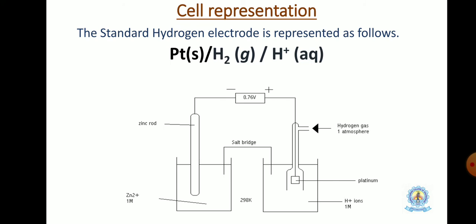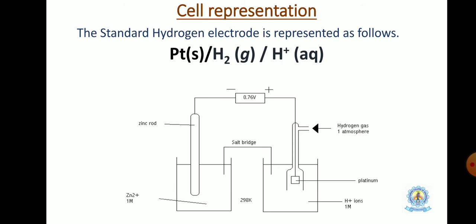See this diagram. In the previous lecture also you saw this one. Here we are taking two electrodes: one is the zinc electrode and the other one is the hydrogen electrode. Here we have to determine the potential of zinc by coupling it with the reference electrode, that is the hydrogen electrode. You understand it? In this way we determine the potential of unknown electrodes with the support of a reference electrode. Here the unknown electrode is the zinc rod and the known electrode is the hydrogen electrode.